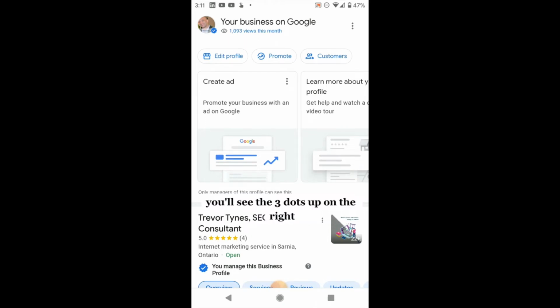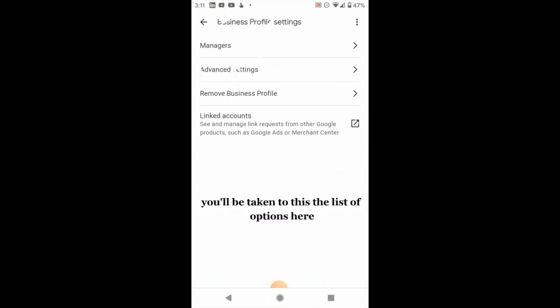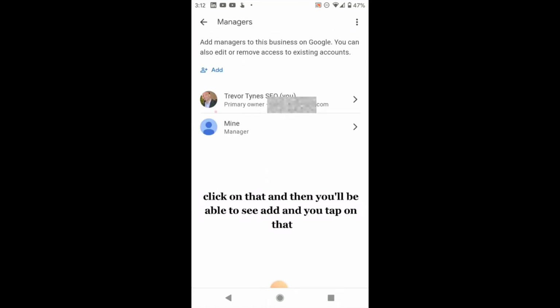You'll see the three dots up on the right. You'll see a list of options. Press business profile settings. You'll be taken to the list of options here. Then you'll go to managers, click on that, and then you'll be able to see add, and you tap on